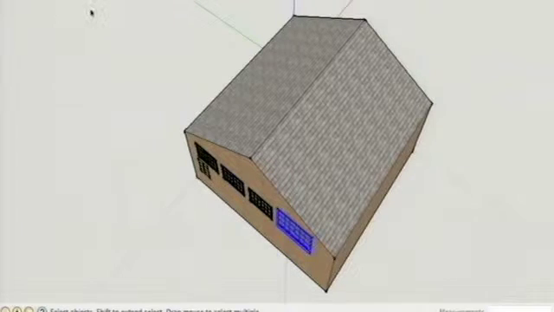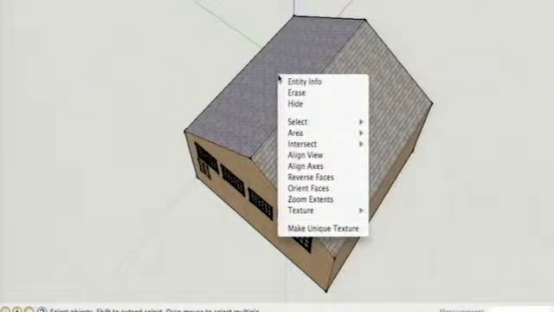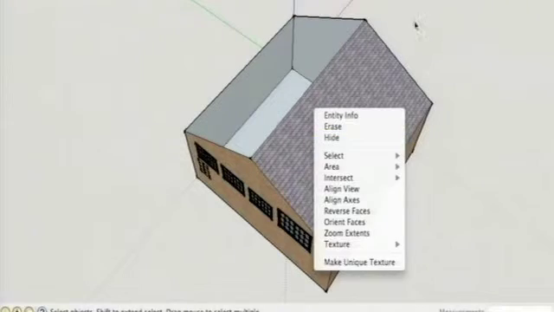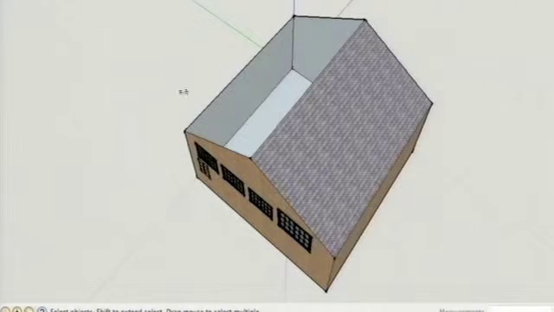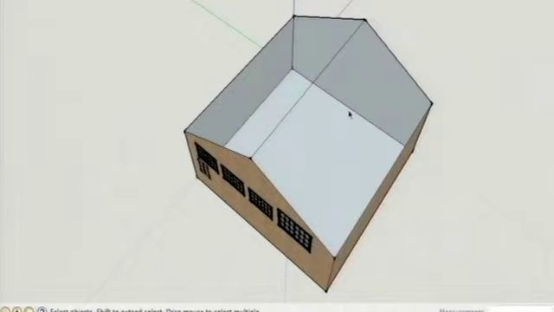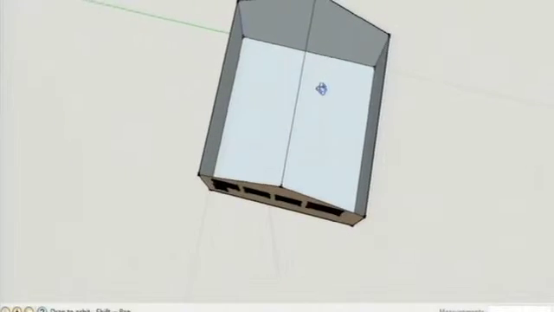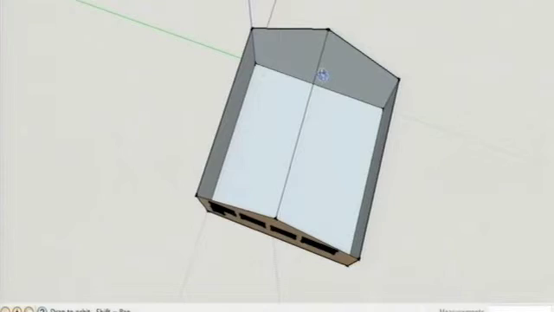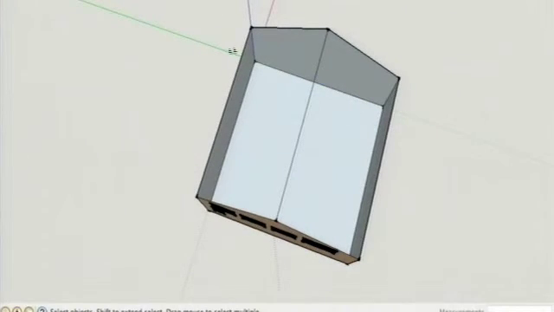And take the select tool and just right click on the top roof surface and select hide, because we're going to actually hide the top surfaces so that we can see inside. So again, with the select tool, just right click on that top surface and then select hide. So now we can see inside our classroom and we can begin to add some elements to it. Also, if you want to get into a perfect top view, go to